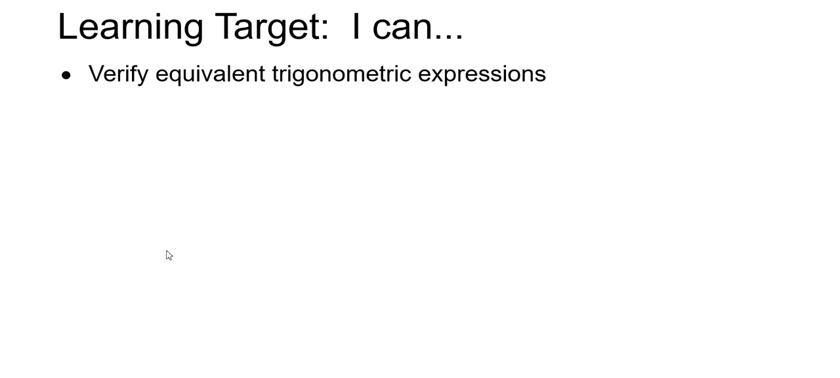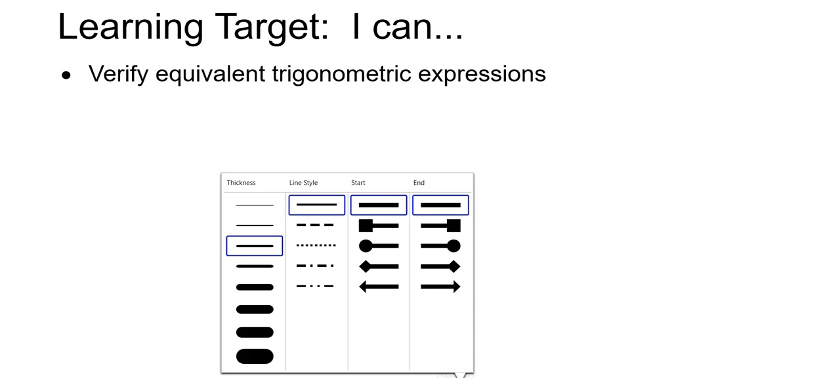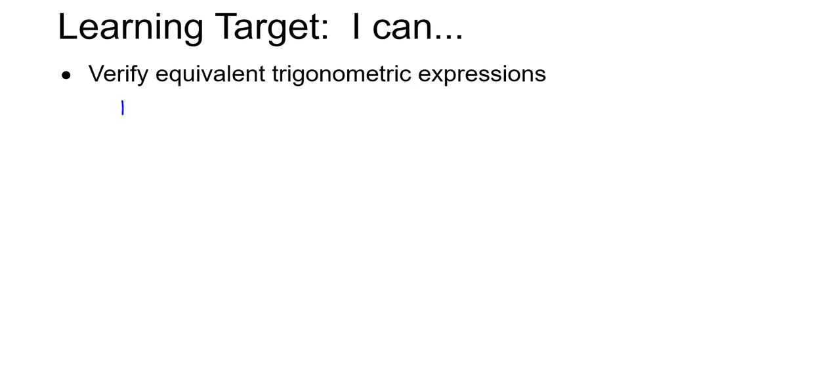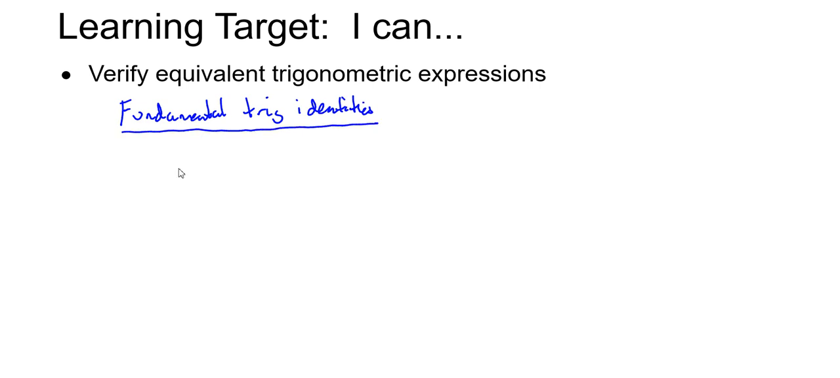Okay, what we have here is we're going to be talking about verifying trigonometric expressions, and there's some things that you have to know in order to identify trigonometric expressions, and that first starts with knowing the fundamental trig identities. Okay, the fundamental trig identities, because we're going to use these a lot to verify, and they're going to help us simplify different trigonometric expressions